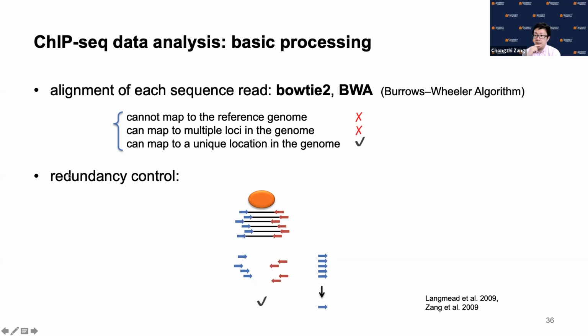So the next step will be the redundancy control. The redundancy control is an important step in ChIP-seq data analysis, because imagine, usually a ChIP-seq experiment is done in bulk cell type, bulk tissue, or a cell sample that consists of at least hundreds of thousands, usually millions of cells. So the signal comes from a large cell population, and in each cell, at a given location in the genome, if there is a transcription factor binding in this position across the genome,